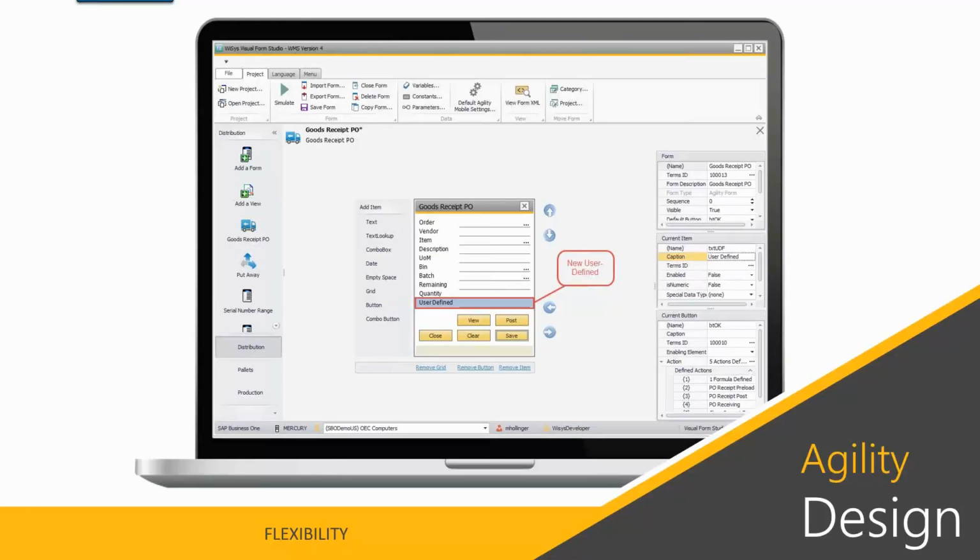And Agility Design is our product for flexibility. So speaking of design, this is where we design all of our forms on the handheld. So you'll see here this goods receipt PO. This is the form I just went through and showed you as an example. That form and all of our out-of-the-box forms are built and designed 100% from the ground up in this design tool. So by using this design tool, you can actually take our forms and 100% modify, add user-defined fields,